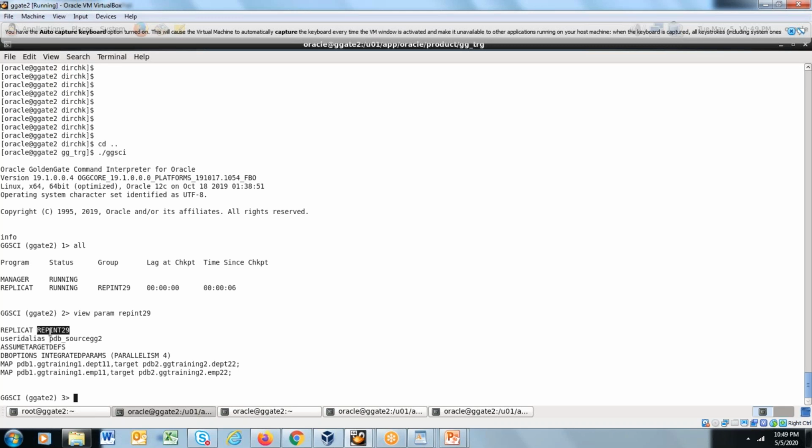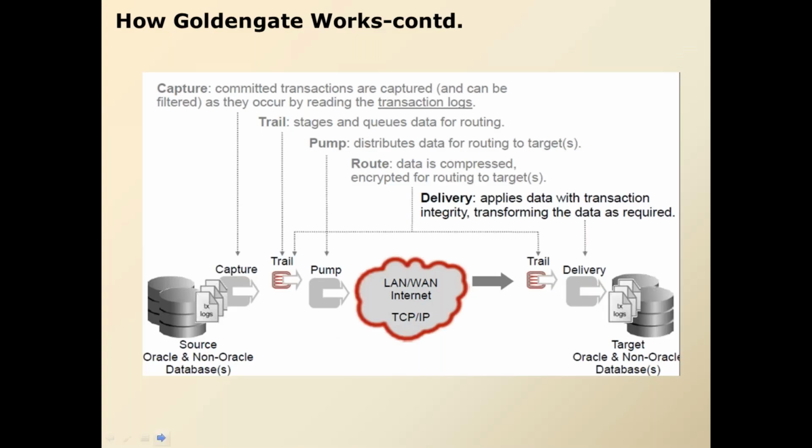When replicate tries to apply the data to the target database by reading the remote trail, it needs to know how the data in the source database is stored. So say for example, we have DEPT table, and in DEPT table you have 4 columns on source. When replicate tries to apply on target, it needs to understand the structure of the table on source, how the columns on source look like.